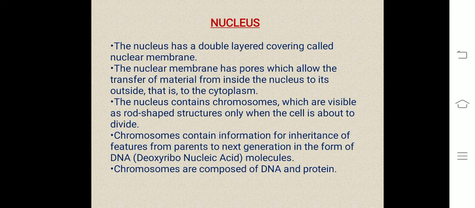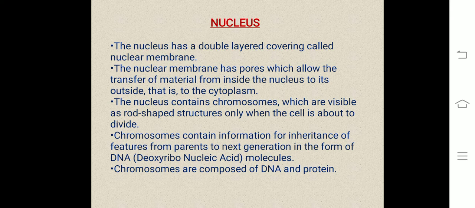Nucleus. The nucleus is present as a spherical or oval dot-like structure near the center of each cell. The nucleus has a double-layered covering called the nuclear membrane. The nuclear membrane has pores which allow the transfer of material from inside the nucleus to its outside, that is,